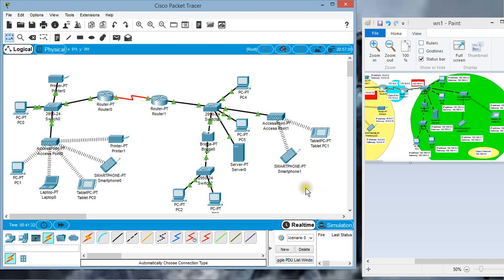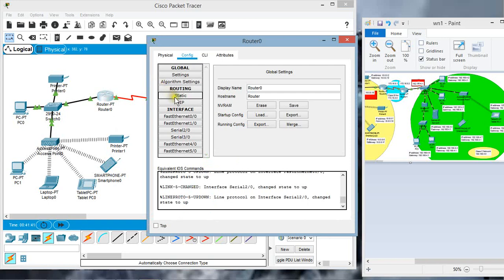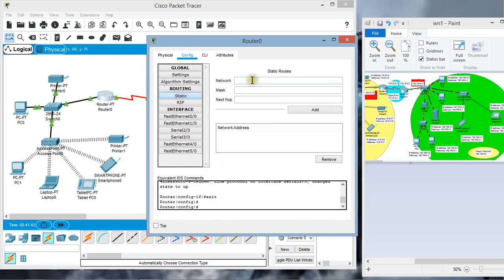Now the entire IP address configuration is performed here except the static route configuration on the routers. Now let's do it on Router 0. We'll have to specify the static route as this Router 0 can reach the network 192.168.4.0. The network address should end with a 0 or an even number. Here we have set the LAN 2 network with IP address 192.168.4.0.